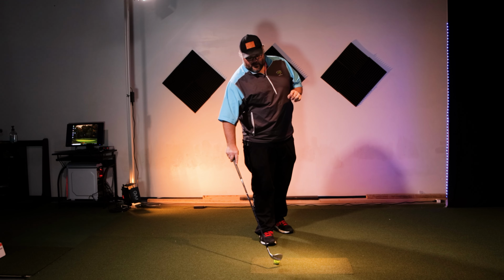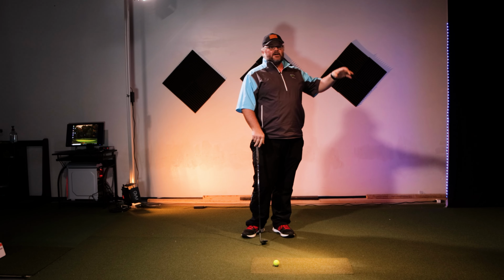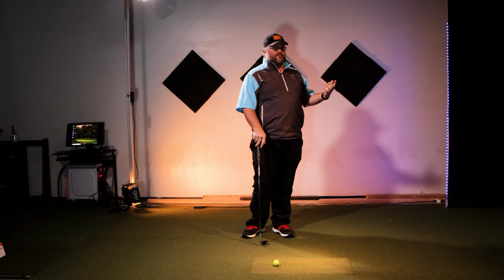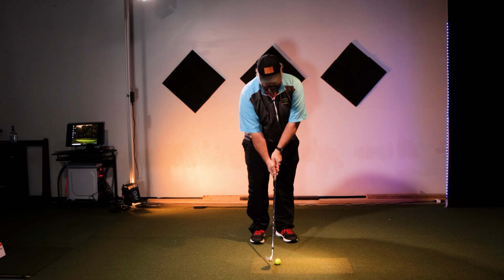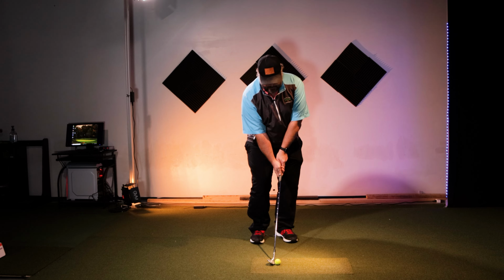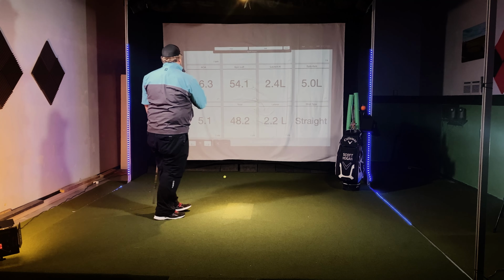Now, when we get to a longer shot, let's say we're going to go to 50 yards, we're talking about a different scenario. You're going to be making a bigger swing, and you've got more time to do things within your swing. This is where I like to see the angle of attack drop. The goal is I want to get it to around -5 if we can. If I can get it around -5, we're usually in really good shape. Okay, so let's hit one, going for about 50 yards. 48, and I was at